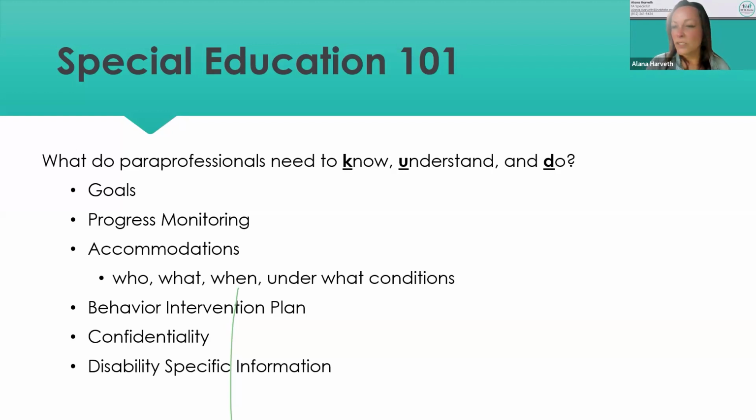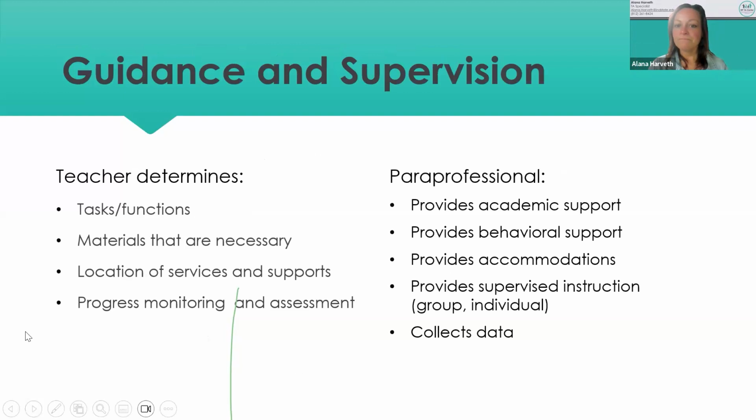Just say, can I see the goals, or can I see an IEP at a glance? Because it has my students' accommodations, it has our students' goals and what they're doing and what baseline they're at. So what percent of the skill do they know now, and what do we need to get to? So that's all the information that's very helpful for a para, I believe. Also, if your student has a behavior intervention plan, that's important for everybody on the team to know. That's another thing that I think you should be able to look through and know what that is.